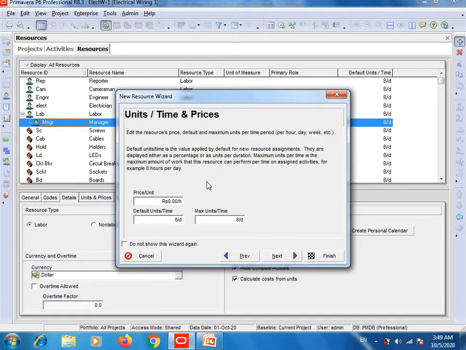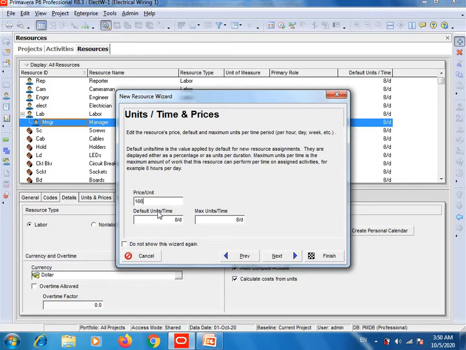Here we will write the per hour salary of the manager. For example, in Pakistani rupees, if your managers take 40,000 per month salary, you will convert this 40,000 salary to per hour. As per my calculation, his or her per hour salary will be 166 Pakistani rupees.